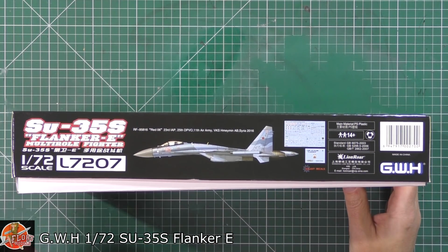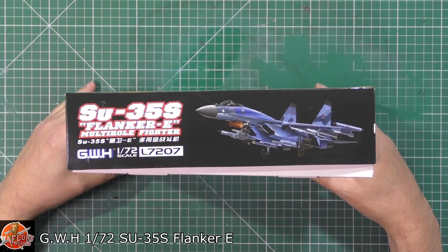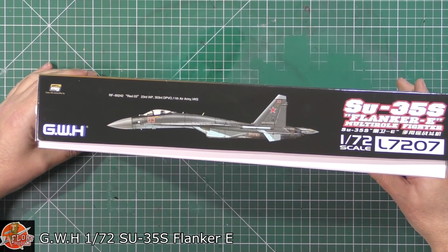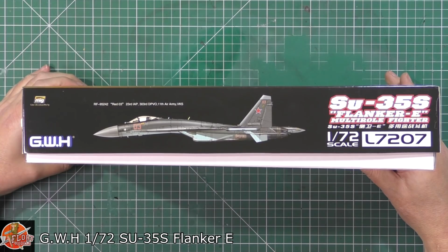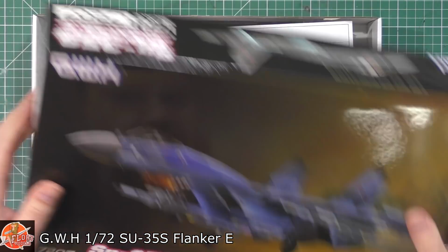As you can see, we've got the markings down in here as well. Nice decal sheet, it looks like. Okay, kit number for this one is L7207, and we've got the other one in, obviously the eggplant colour, down in there. So in the box, which I have to say is pretty hefty, we've got...